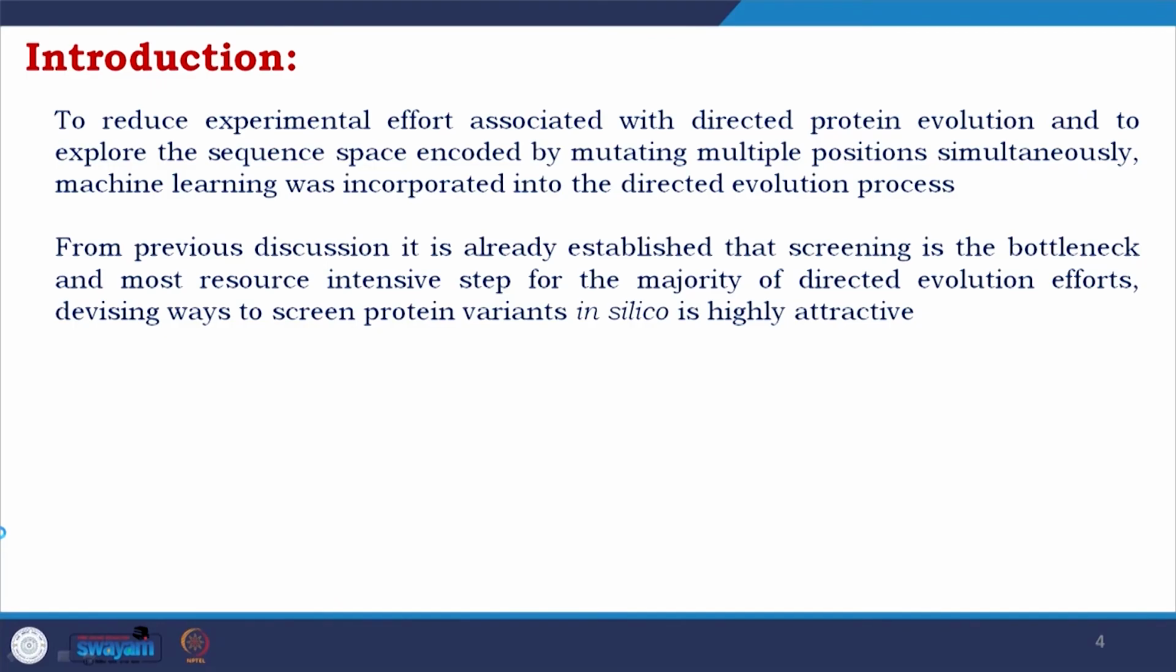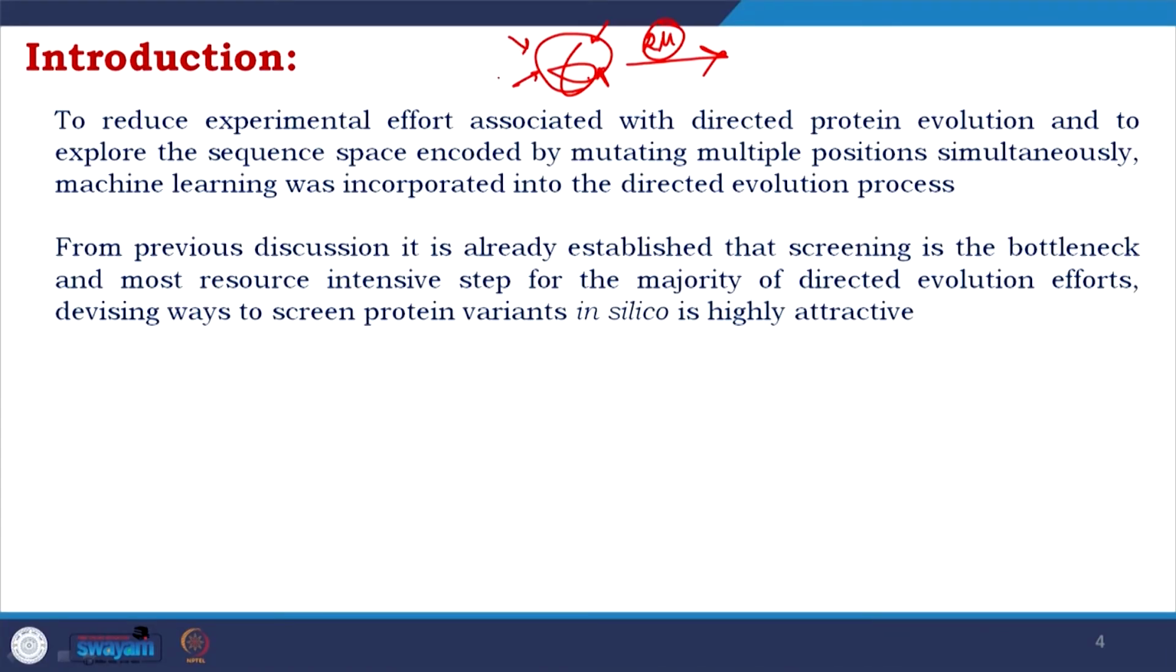From our previous discussion, it is already established that screening is the bottleneck and most resource intensive step of the majority of directed evolution efforts. So, if you remember, let us take one effort where we do random mutagenesis, a very common method. Random mutagenesis would include random changes in the enzyme. Now, you do not have any clue which variant contains which mutation, unlike rational designing. So, how do you select the